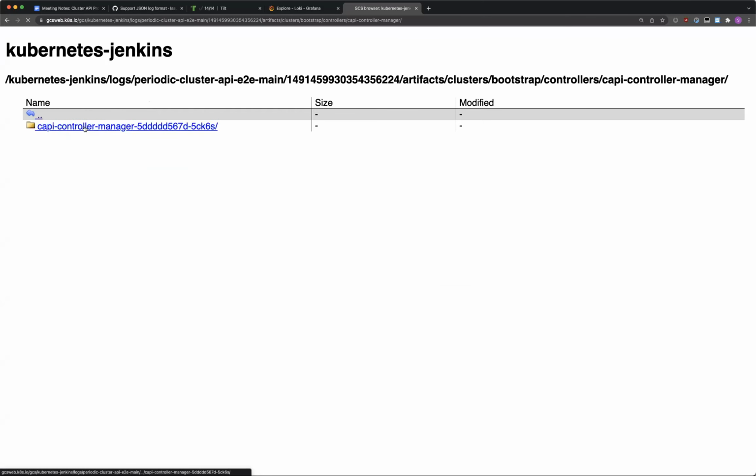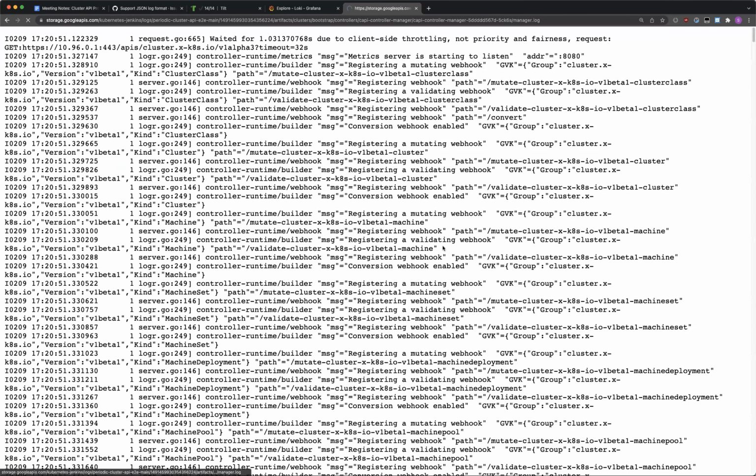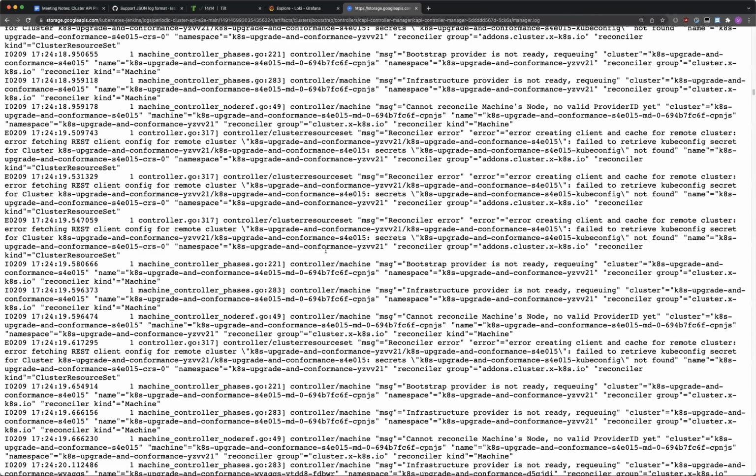So we are already having structured logging in our controllers. So we have key value pairs and all that fun stuff. But our logs are looking like that. So essentially you get a text format, you have some header, some controller, and then you have this non-ideal key value format. So if someone wants to use those logs and filter in UIs, they actually have to parse that format, which is kind of hard.